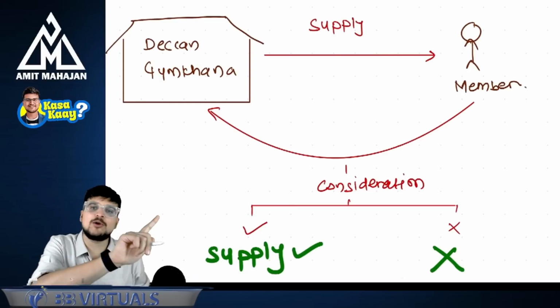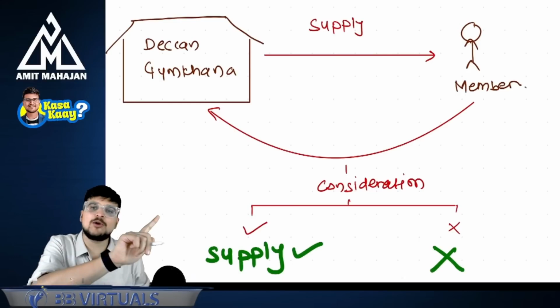TRIP: transfer, related party or distinct persons, importation of service, and P is principal to agent relationship. Any transfer or any transaction without consideration in case of these 4 points will be considered as deemed supply. And these were important 4 points. Understanding? Let's move ahead with the next point, that is section number